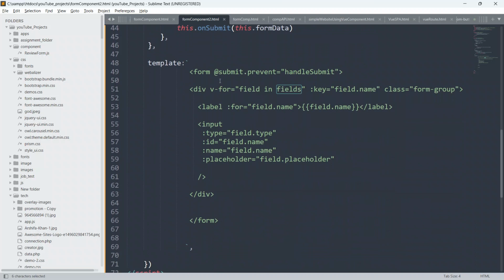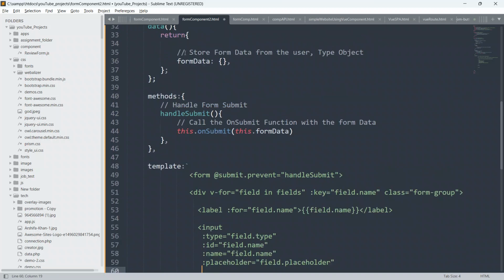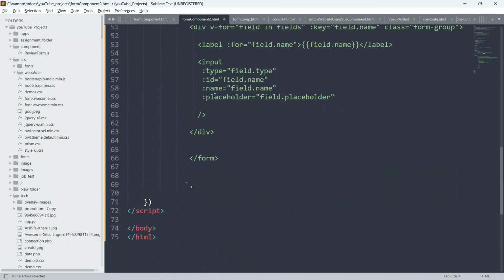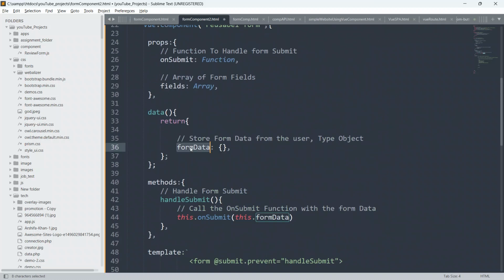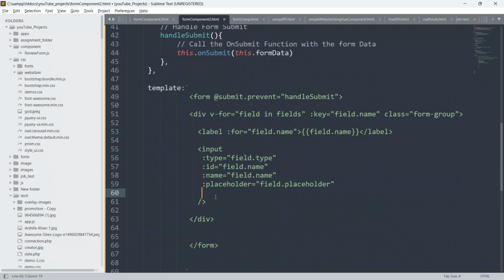So I will give here also v-model. I hope you know why we use v-model. We use v-model in two-way data binding. I am binding this input field to our form data. Whatever the user enters inside this input field, I will get it from here and place it inside the form data by using v-model. v-model is used in two-way data binding from the input box to form data, or anywhere inside the Vue.js code.